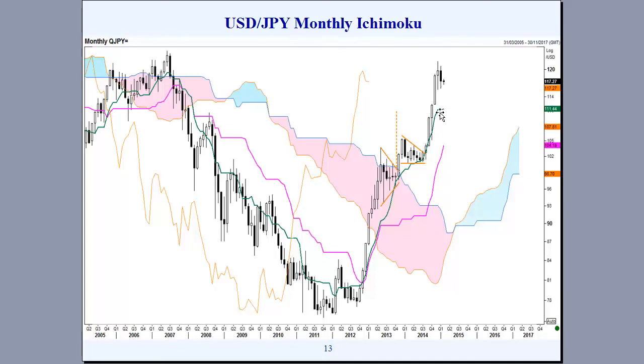It currently trades at 111.44, and that will be an important test if we do see selling coming into the US dollar Japanese yen. We also have potentially strong support at the Kijun-sen at 104.18, but it is a long way away, and the market is looking overextended in the depth away from the Kijun-sen and from the Ichimoku cloud.